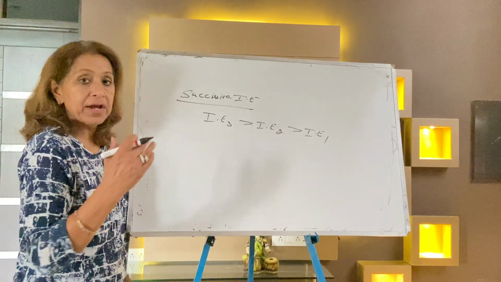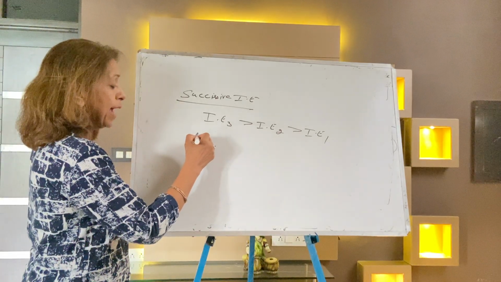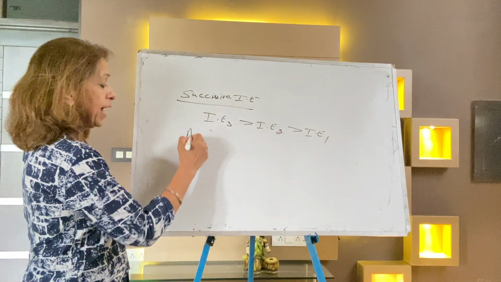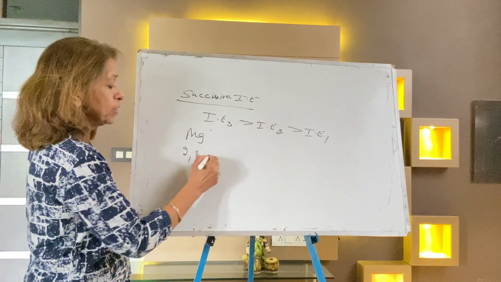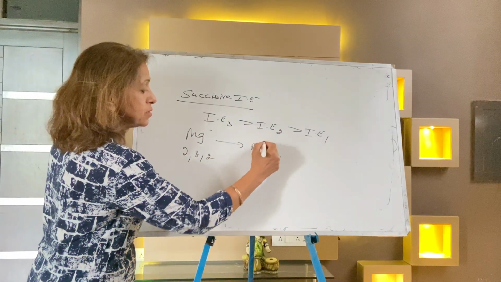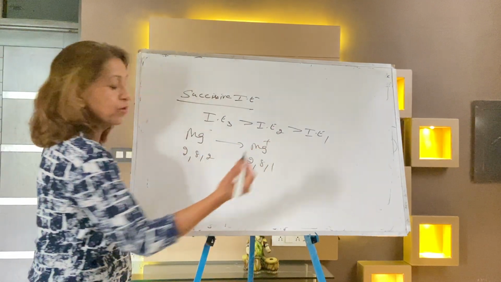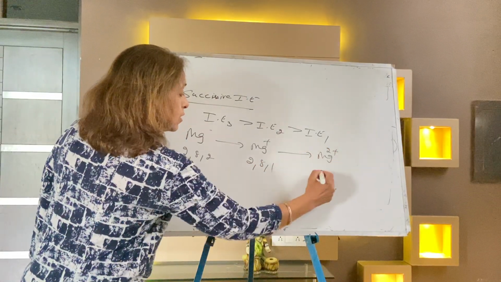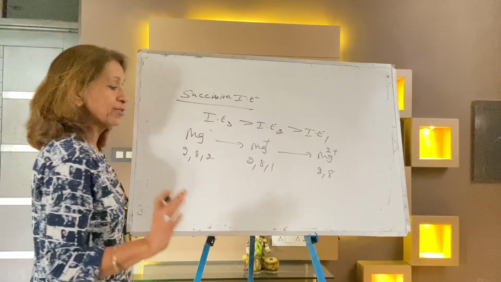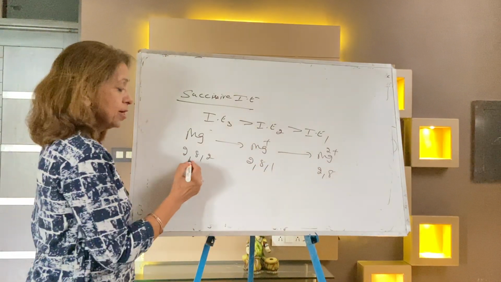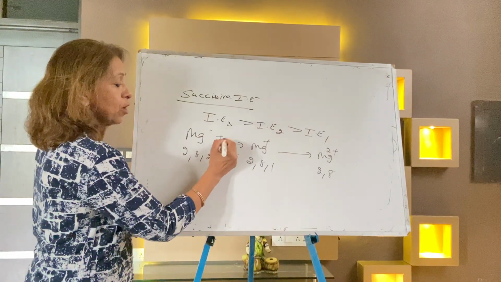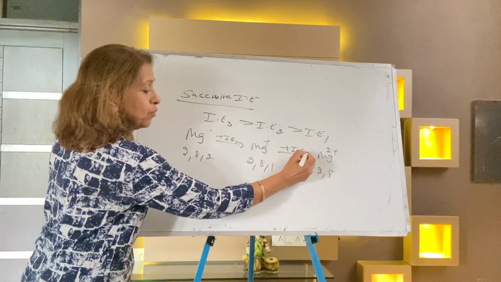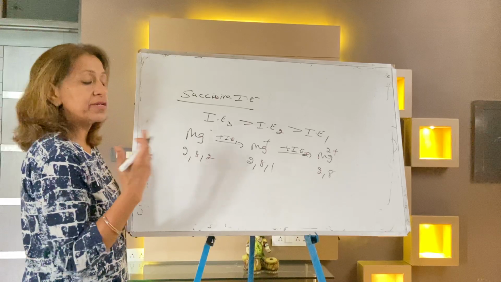It's very difficult to take out, for example, Mg2+. If there is a magnesium, 2,8,2, then there is Mg+, which is 2,8,1, one electron taken out, and one more taken out gives Mg2+. Detail we have already uploaded in the video lecture, the detailed chapter study. So this is first electron removal, called IE1. This is second electron removal, called IE2. IE2, IE3, that is always greater.